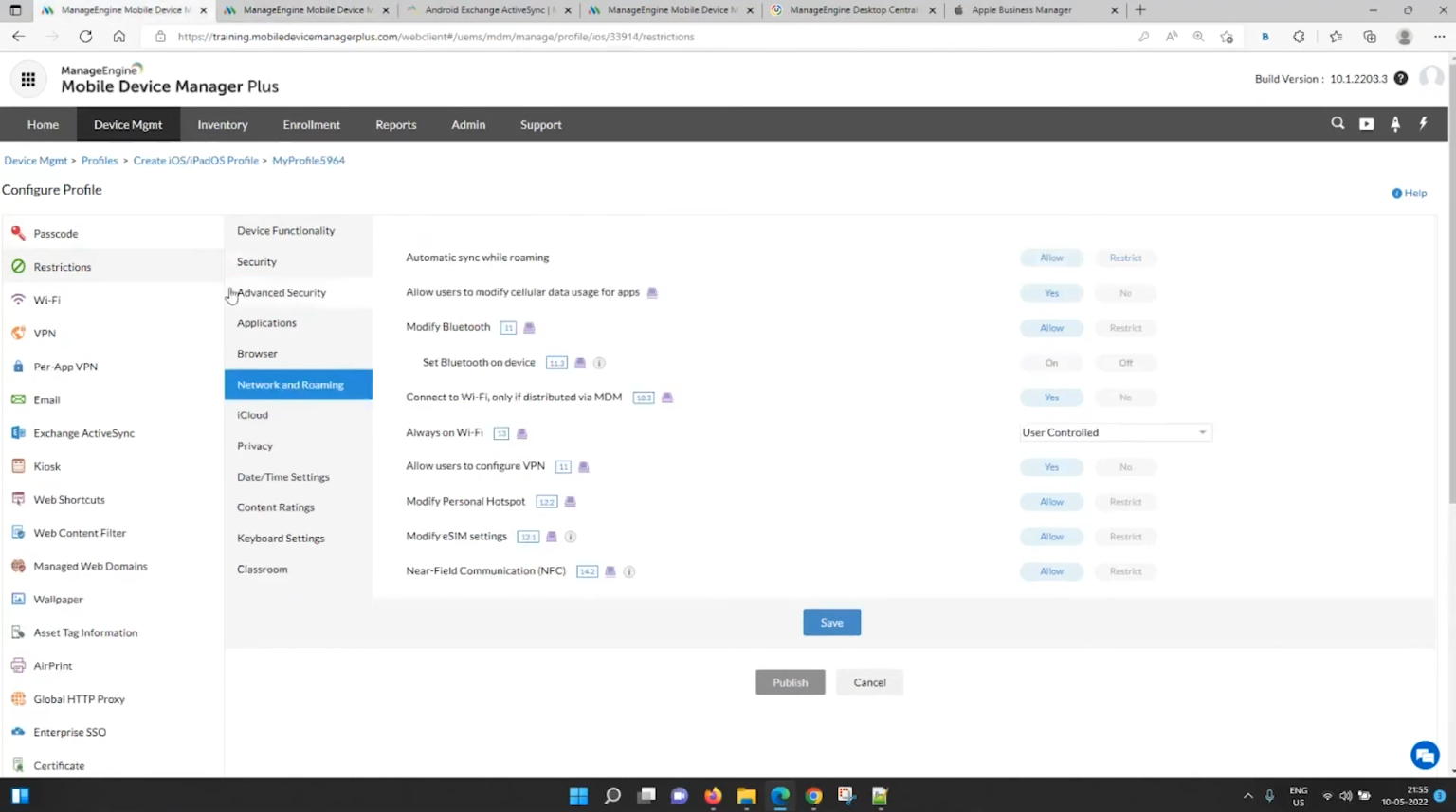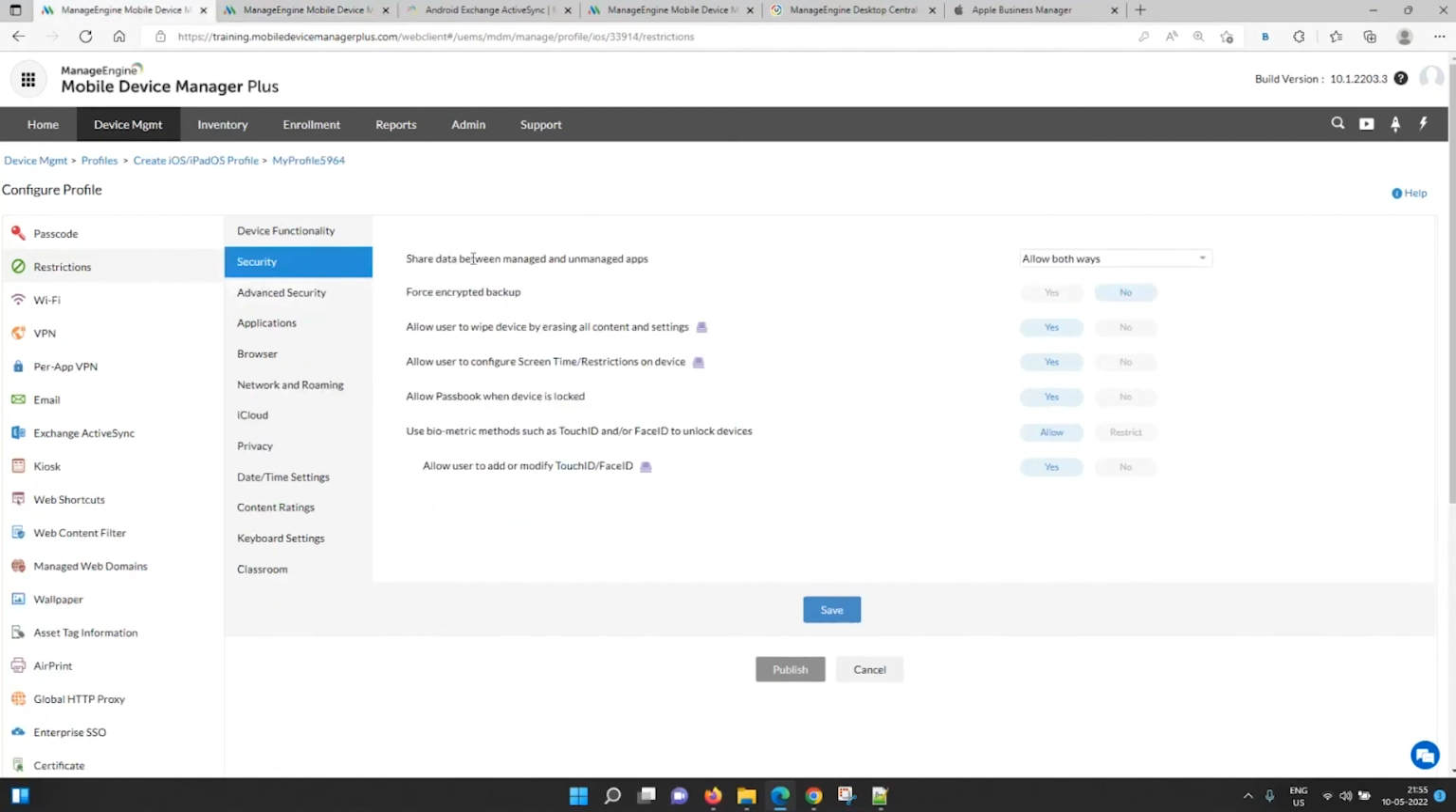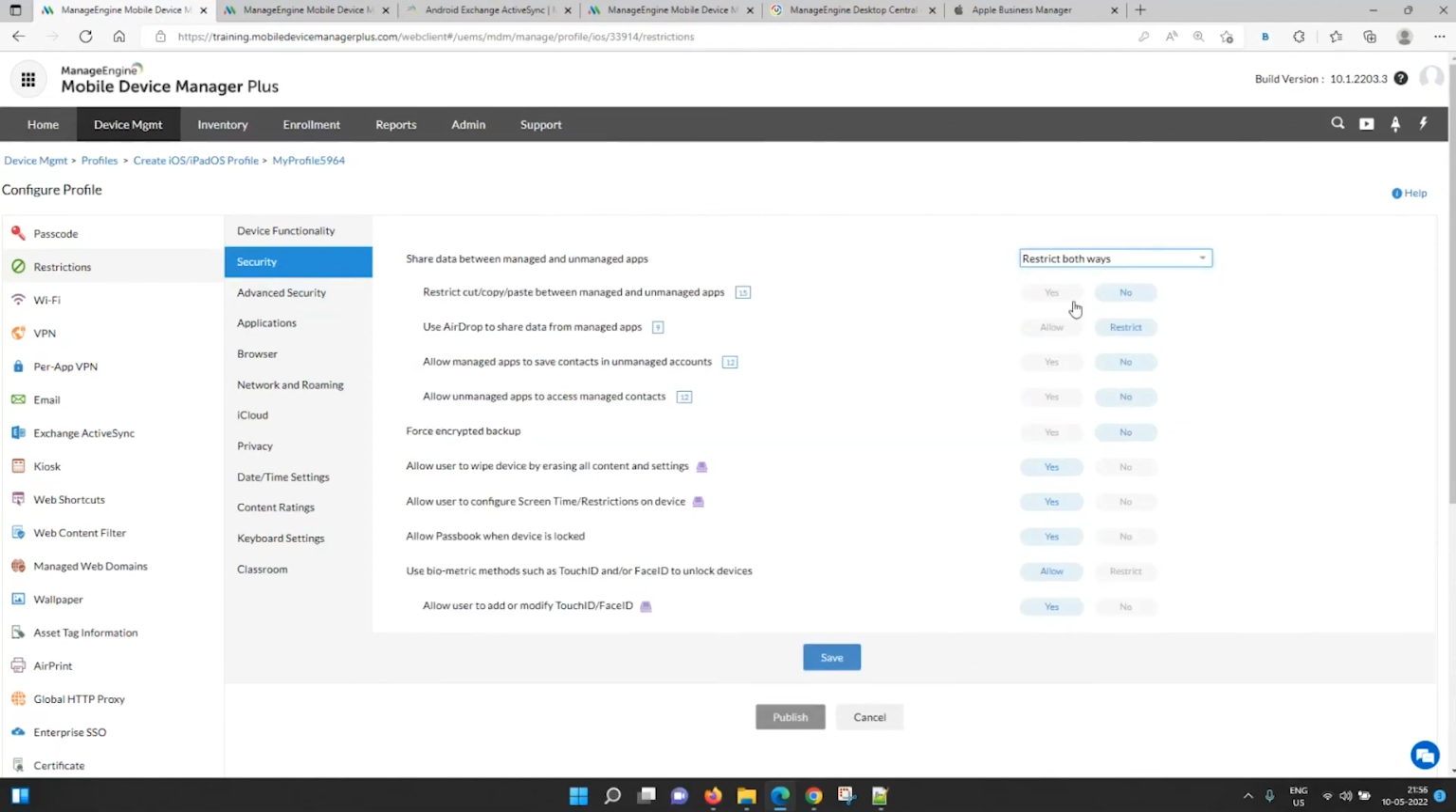And file sharing between work, that is, from corporate apps to personal apps. If you want to restrict it, you have an option to restrict both ways, from personal to corporate or corporate to personal apps. They cannot share files. If not, if you want to restrict only from work applications to personal apps, you can restrict this option, restrict from managed to unmanaged. So if you apply a profile like this, let me show you how that will look